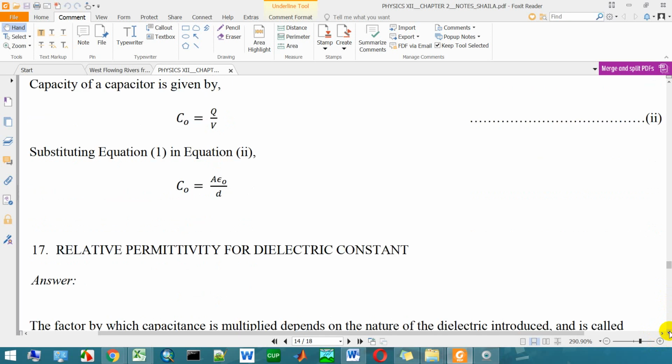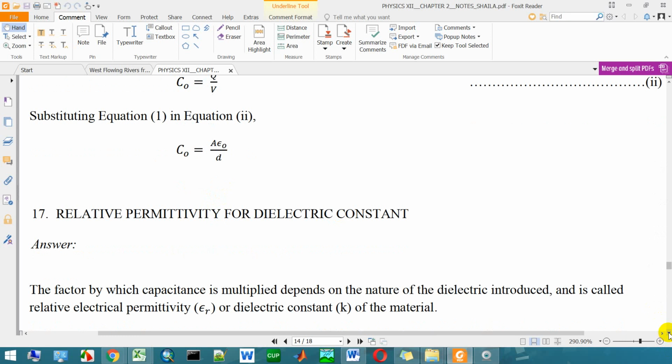So this is a very important expression to find the capacity of a capacitor. See, the factors on which the capacitance depends are the area of each plate and the distance between the plates of the capacitor. So the size and the medium of the capacitor mean a lot to learn on the dependence of the capacitance.